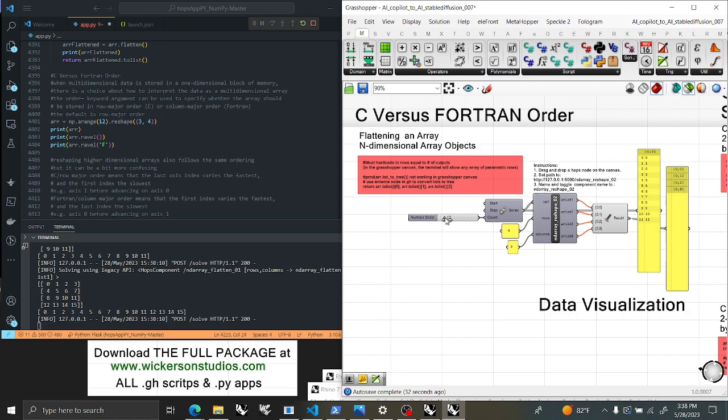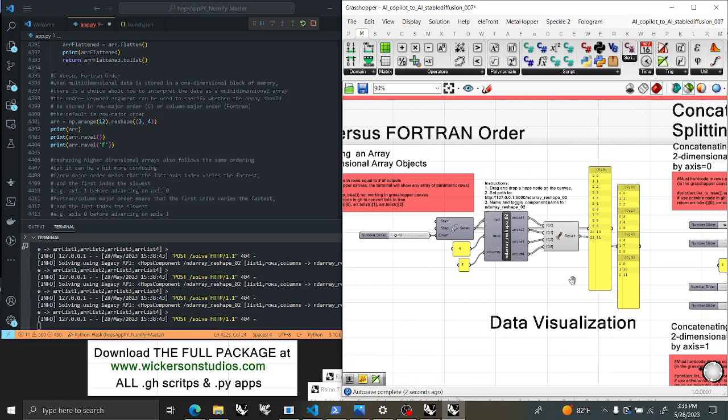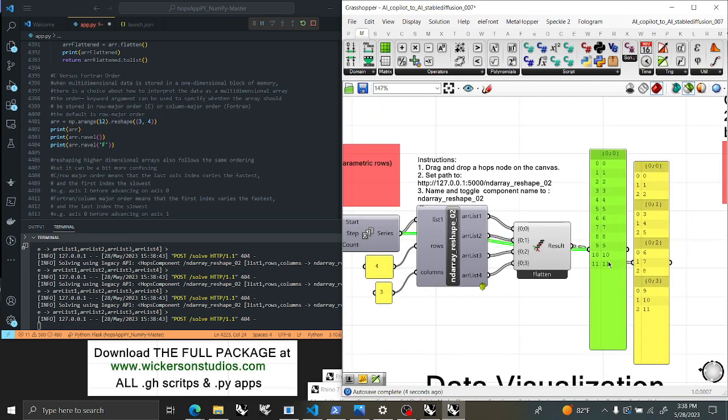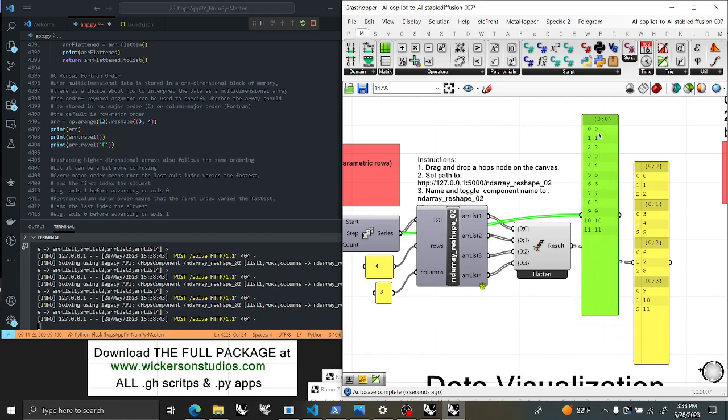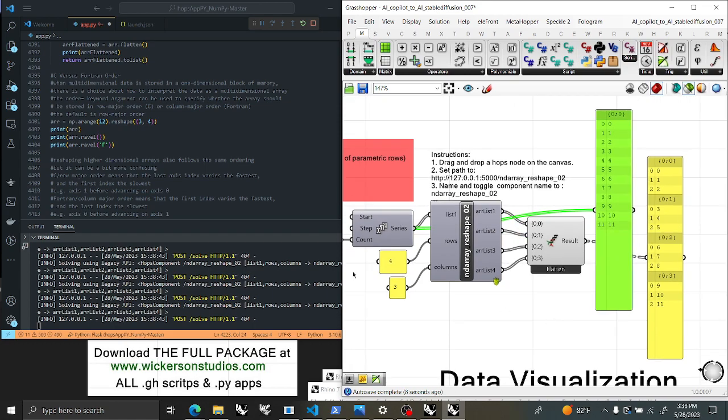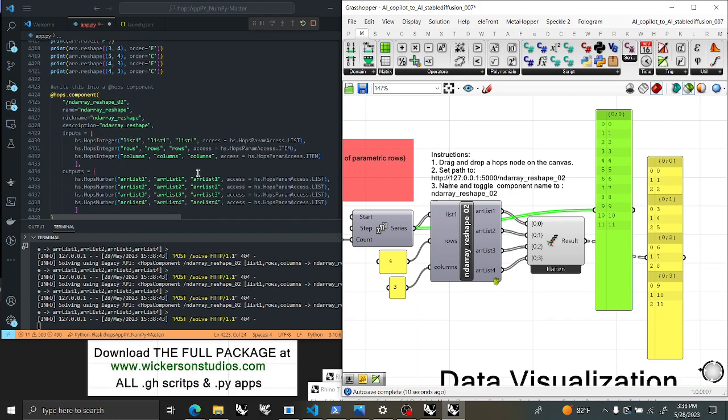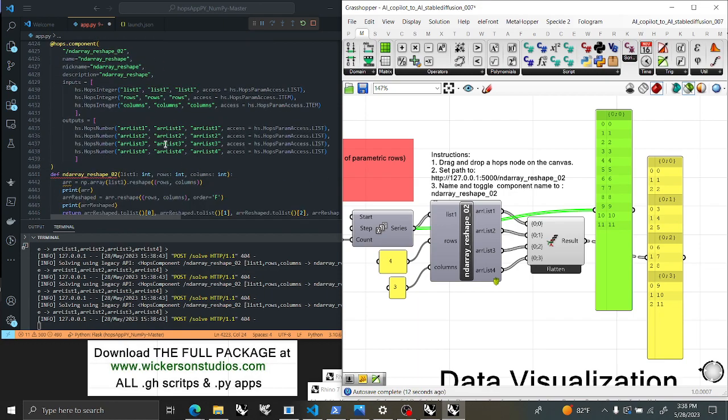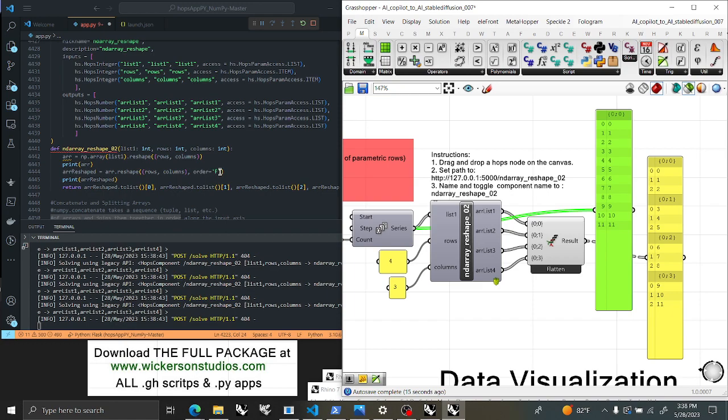So let's jump in here and hit OK. And then let's slide that parameter back to 12. And there you go. You see the order of, actually I think I flattened. That's the original list of what's in there. And then you can see the flattening too. If I'm correct, I think I bring it out into the Fortran order. And there's the Fortran order of how you see it different. So instead of 1, 2, 3, 4, 5,